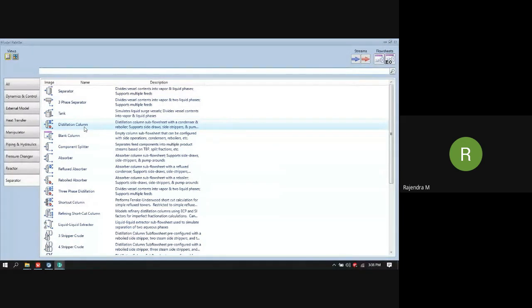It contains a subflowsheet also, with an attached condenser and a reboiler. And it can support side streams. You can add not just one feed stream, you can add multiple feed streams also, and you can take out multiple side streams also.